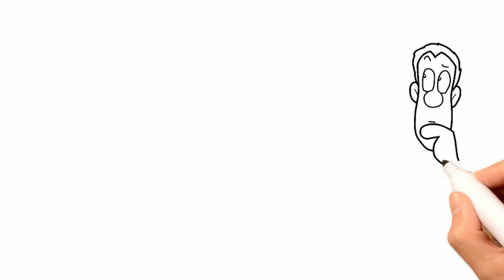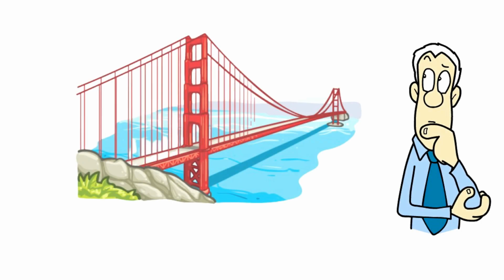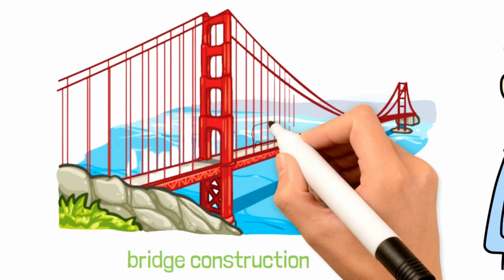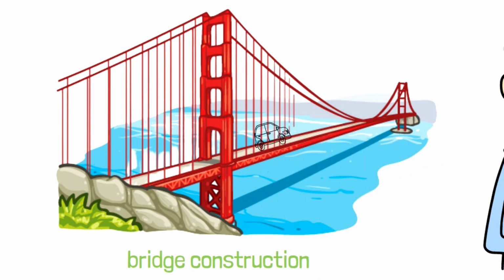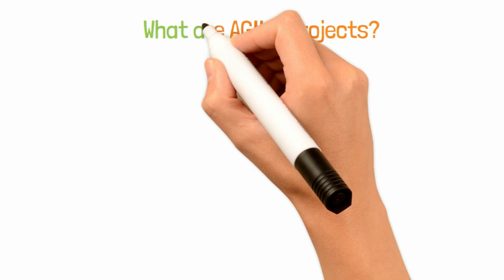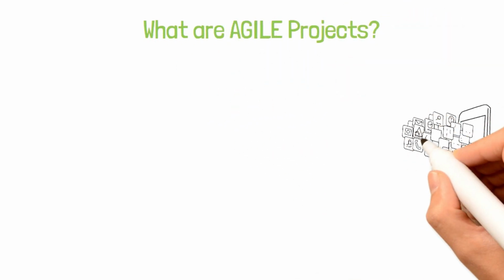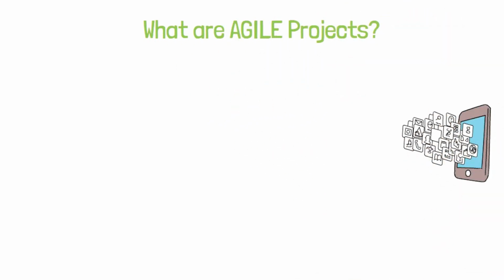For example, imagine the level of complexity you will have to deal with in your bridge construction project if midway during the project you find out that the type of vehicles which will be using that bridge has changed. Now, on the other hand, let's say you are a project manager who is developing a mobile phone application